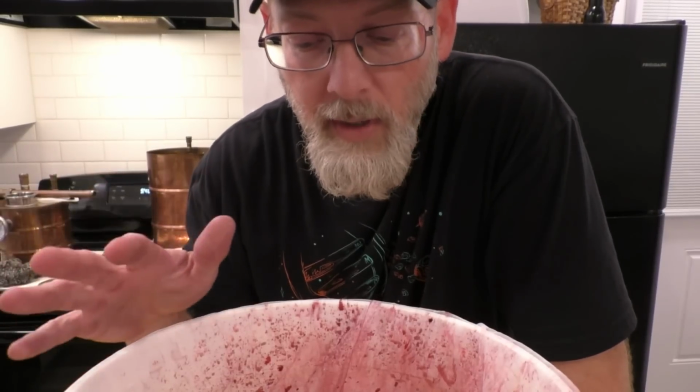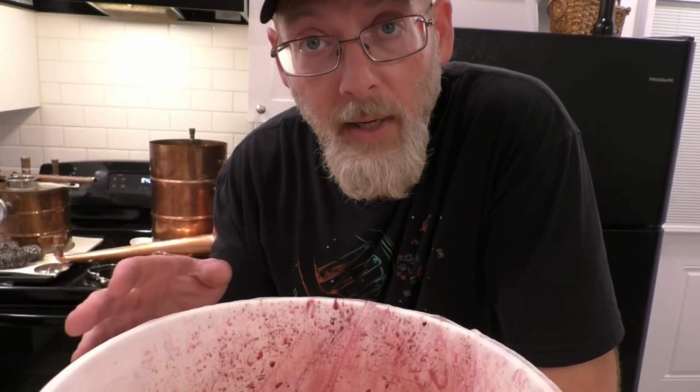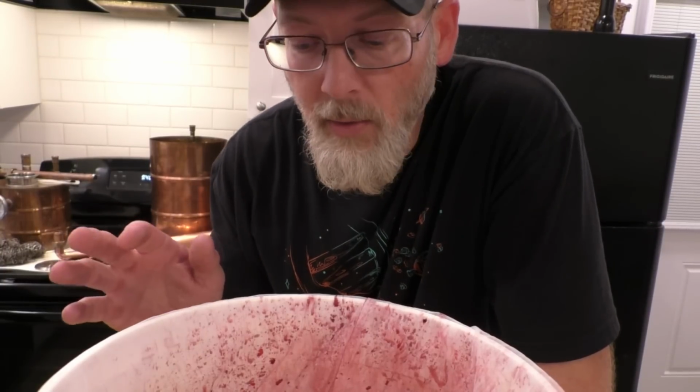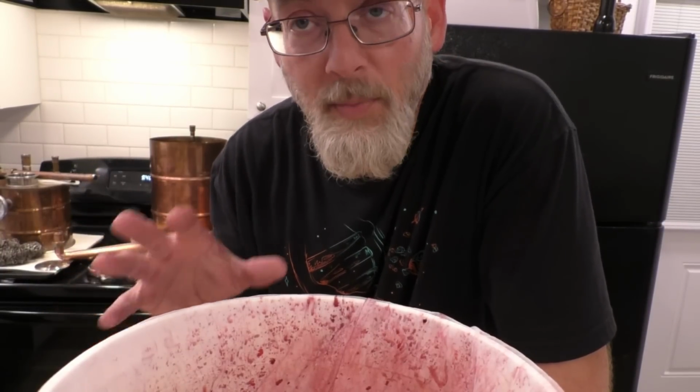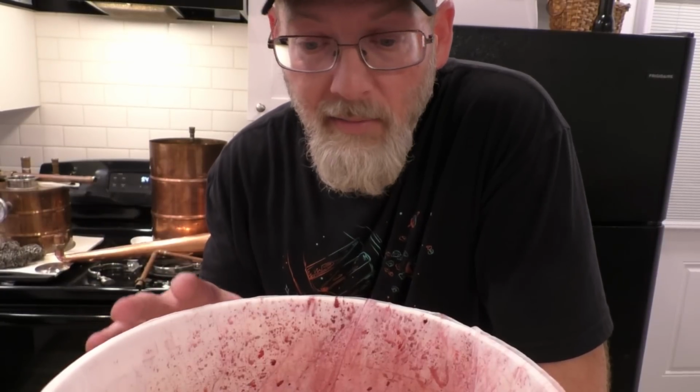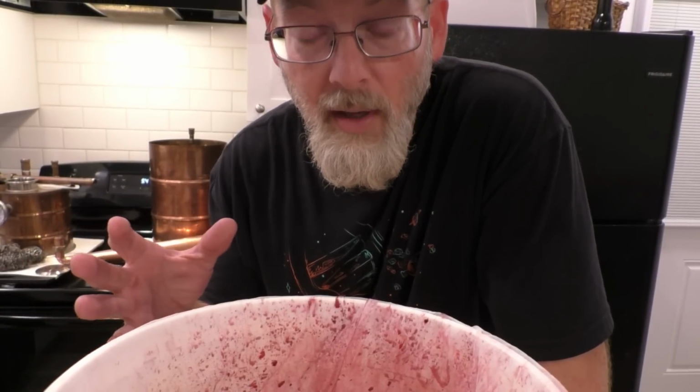Alright, so now I've got all the cherries in here. I ended up getting 6 more pounds of cherries from the grocery store. I literally bought them out. So we've got a total of about 26 pounds of cherries. That is not enough. If you want to make a full bucket, I recommend you get closer to 30, maybe